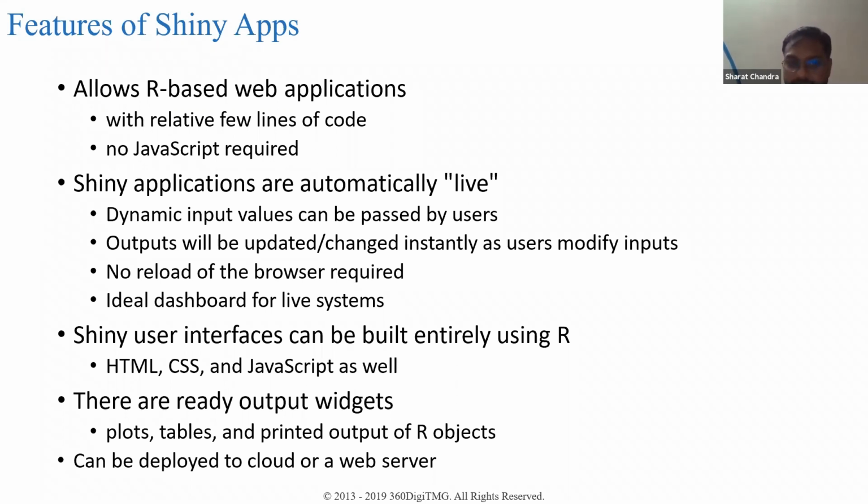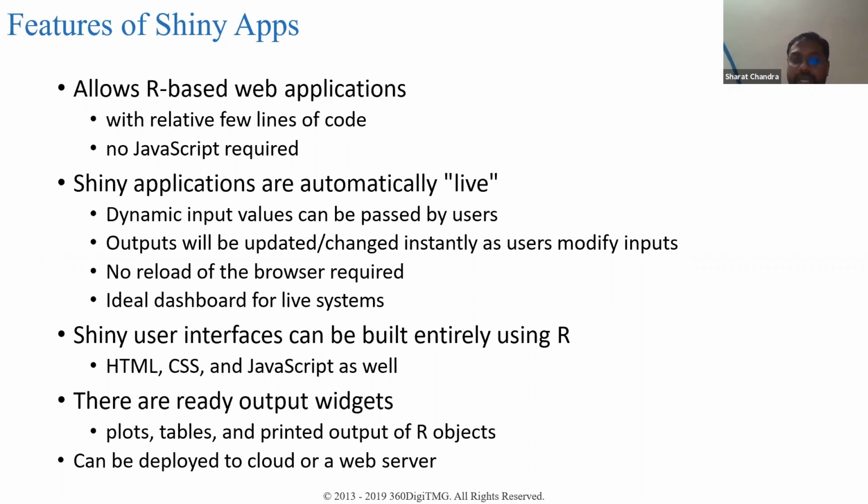You don't need anything else. And these applications will not need additional coding to make them live. All of that is not required. It is automatically live, and RStudio is basically helping us get live dashboards,